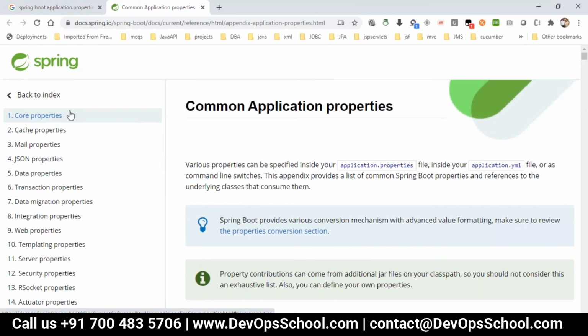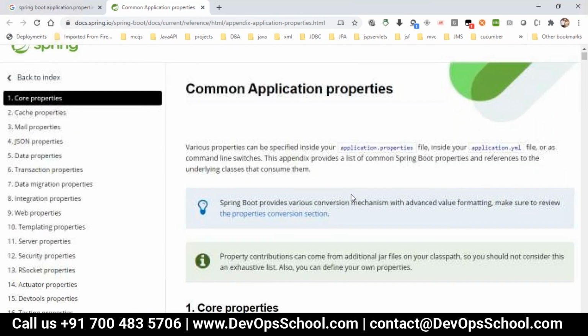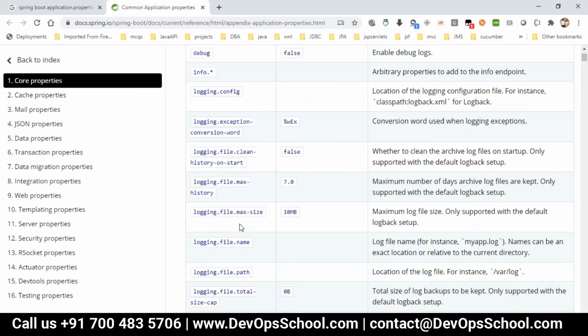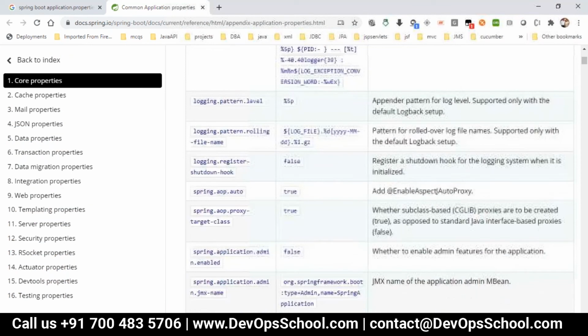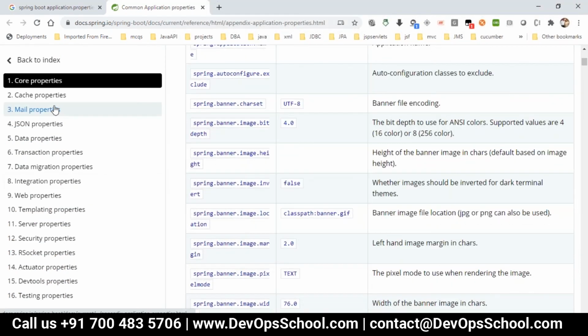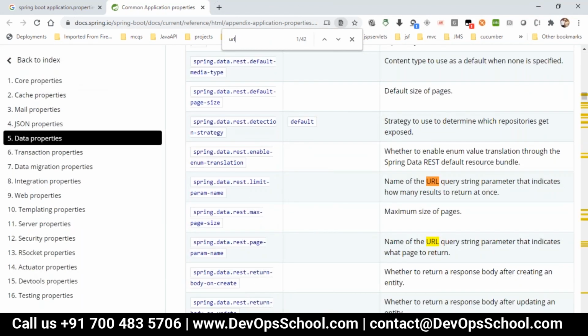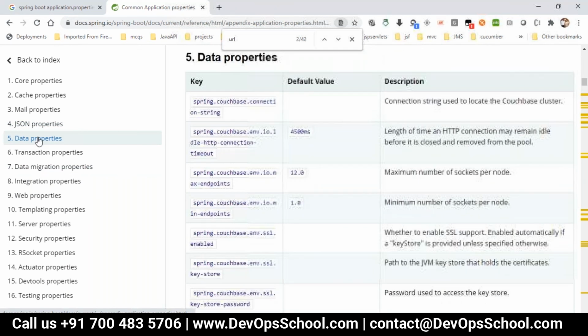If you go to the documentation, application properties, the list of all the properties which we can use in that property file will be shown here. Let me go to a property called URL, for example Spring data rest page parameter name, or the data properties.